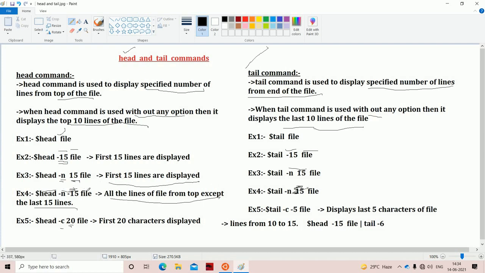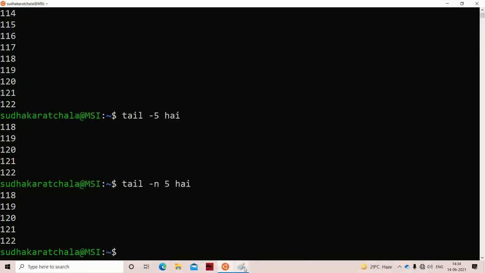Here we have the hyphen symbol. Whereas in the head command, what will happen is, all the lines of the file except the last 15 are going to be printed. Whereas in the tail command, hyphen 15 will work similar to without hyphen only. So if we execute this one, tail space